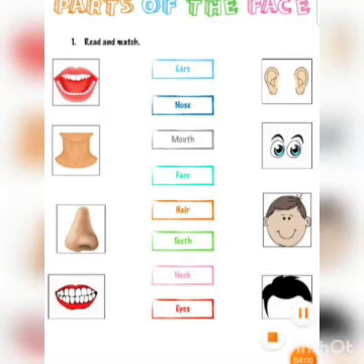So the first one is, see in this picture you can see teeth, lips and a tongue. So this is